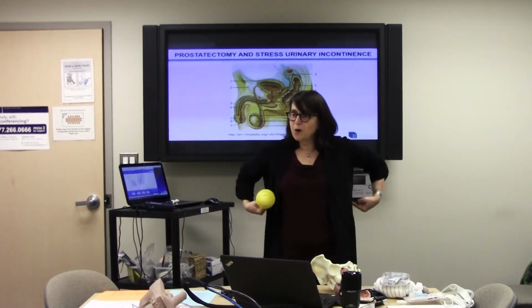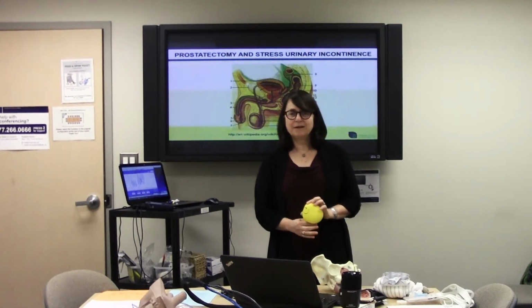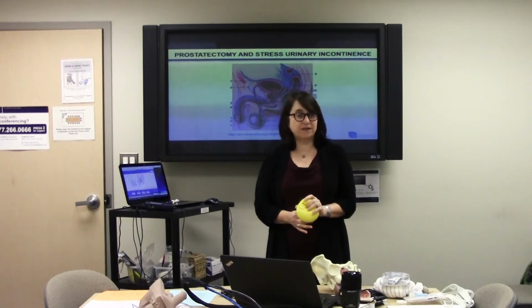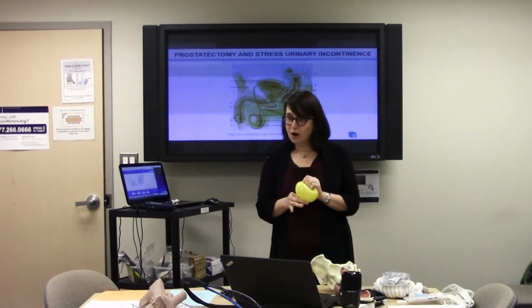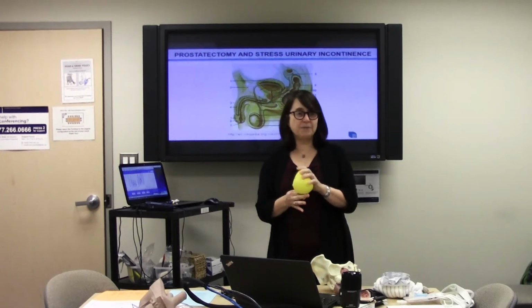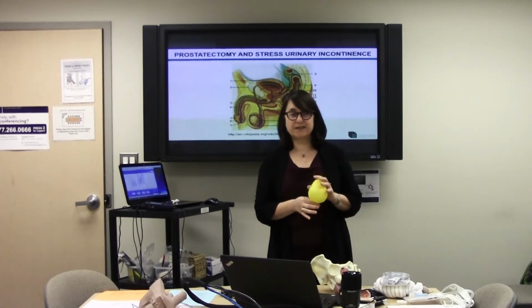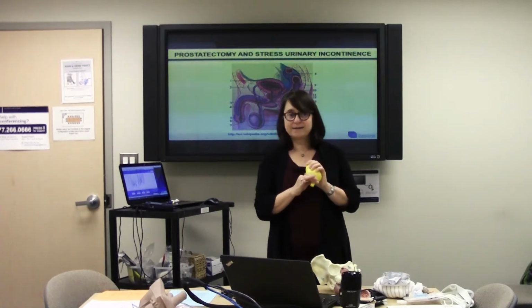It's not going to go through bone, right? It's not going to go up through the heart and lungs, pretty dense tissue. It's going to squish your bladder. It goes to the path of least resistance. It's physics, right? Now, before your surgery, you would cough or bend or lift or stand up, and you had good automatic closure. But that automatic closure isn't working as well now. And when you develop pressure inside, you leak,